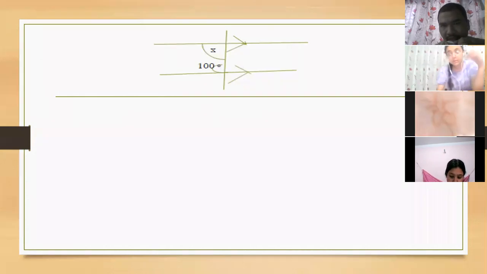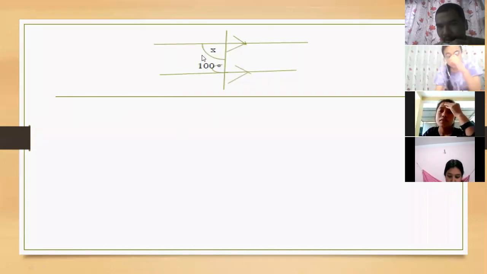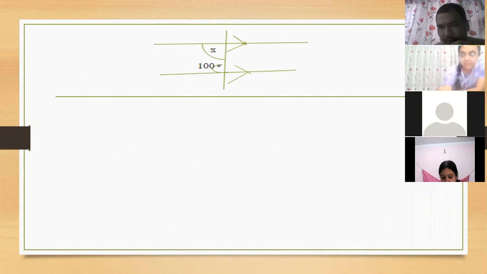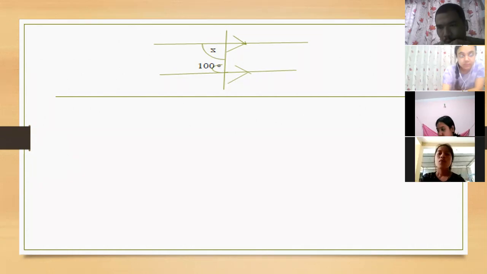Look here. Next type of question, this one. I am asking Sarita Gurung, how to find the value of x? Do you know the relation between these two given angles? Co-interior angles. They are co-interior angles, you are right. And the co-interior angle sum will be 180 degree. Very good, Sarita. When we add these two angles, the sum will be 180 degree.